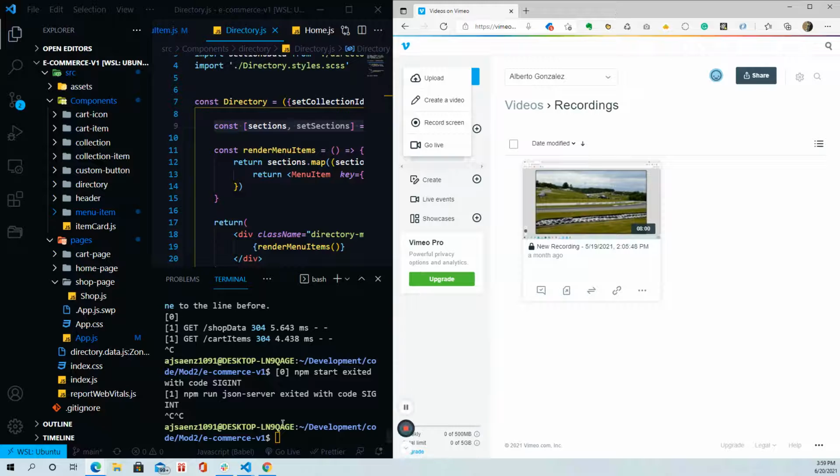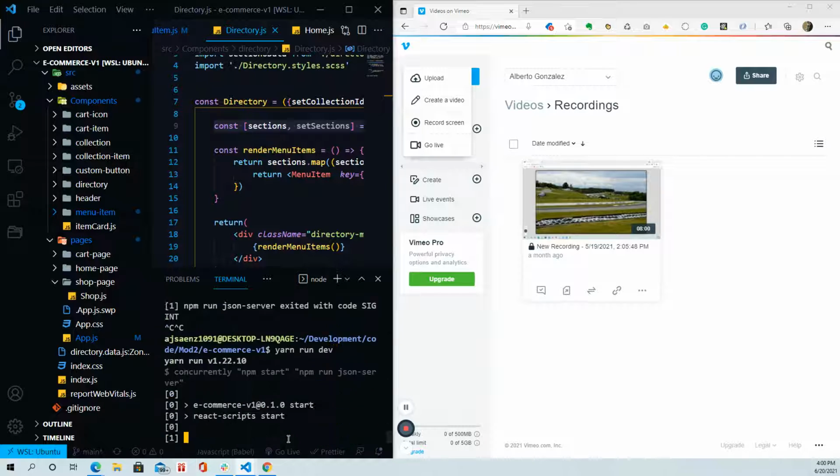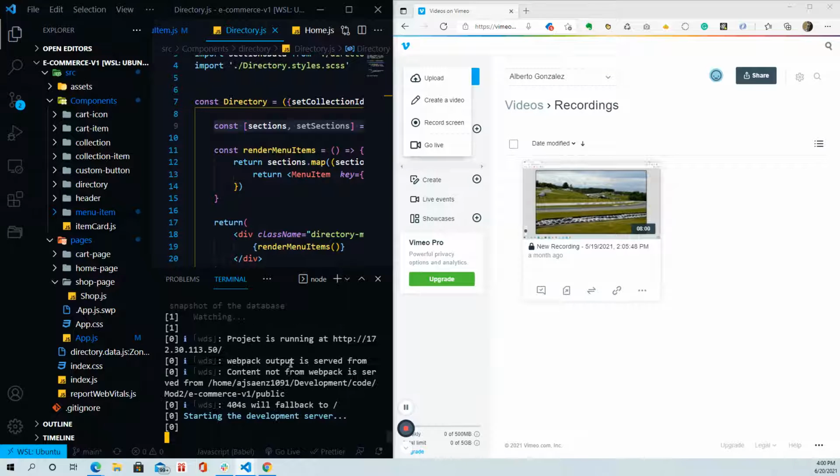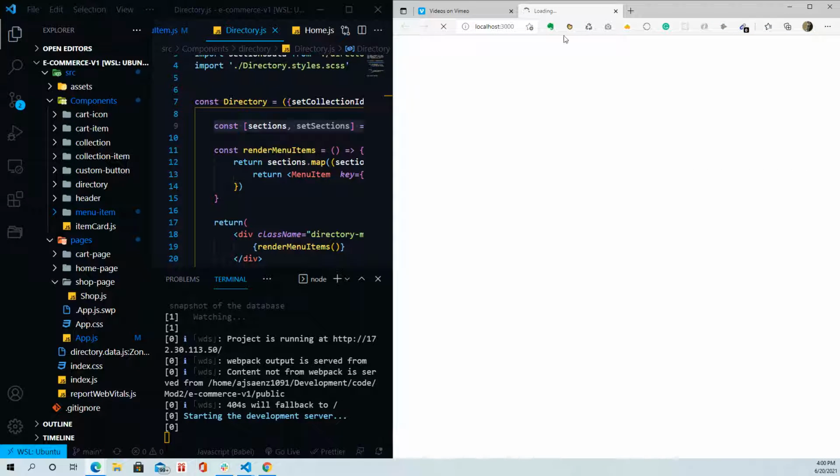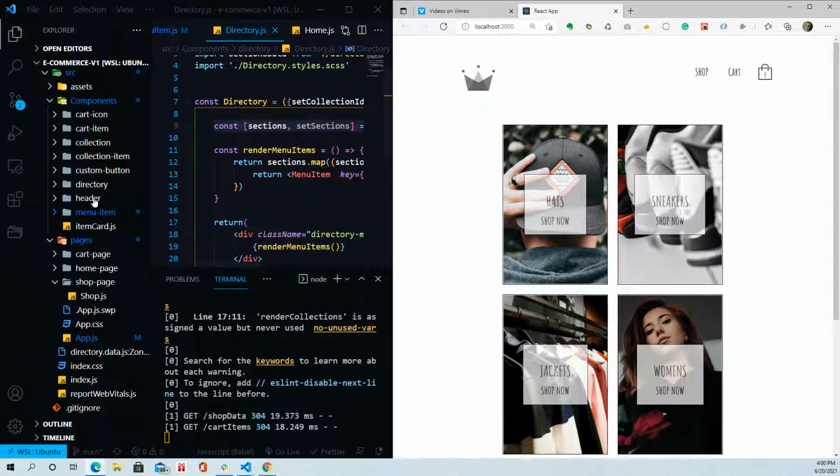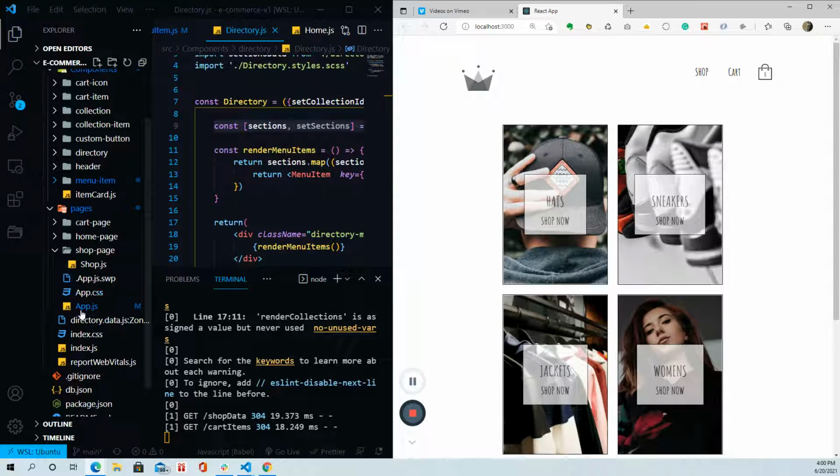First of all, let me show you how it runs. I decided to use Yarn with a package called concurrently, and this runs my JSON server and my application at the same time. As you can see, I'm running 2 different ports. That starts my application. I'm running a JSON server to fetch all my data, and that is